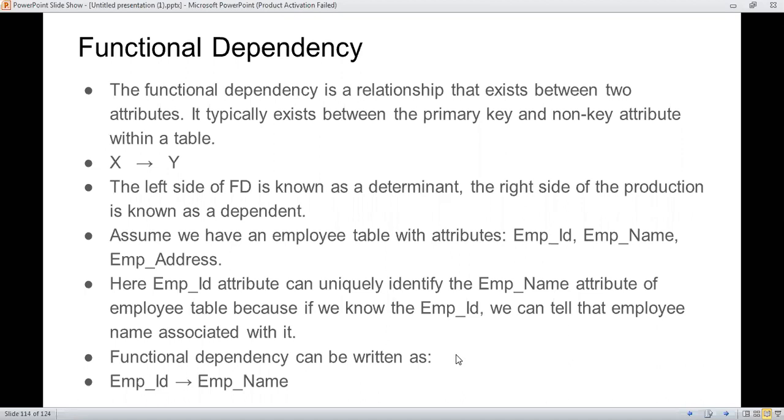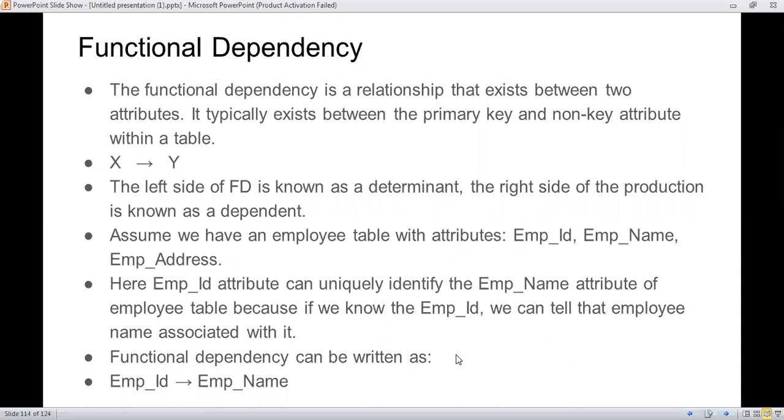Functional dependency is a relation that exists between two attributes. It is a mathematical relation or mathematical phenomenon which is used to maintain the relationship between two attributes. With the help of that mathematical phenomenon, we can define the relationship between two or more attributes.